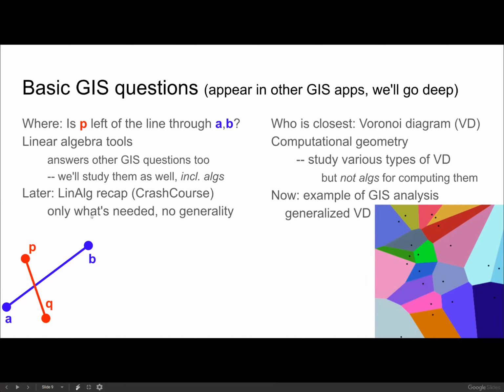Turning to our questions, still staying here on the left, segment intersection. You need to do a few primitives, understanding whether a point P is to the left of the line AB, whether point Q is to the left of this line, and so on and so forth. For that, we will need some linear algebra things, and I will go over them with you, but that will really be a crash course. Well, not really a linear algebra course, just talking about what's needed. And I'm assuming that quite a lot of things you already know from linear algebra.